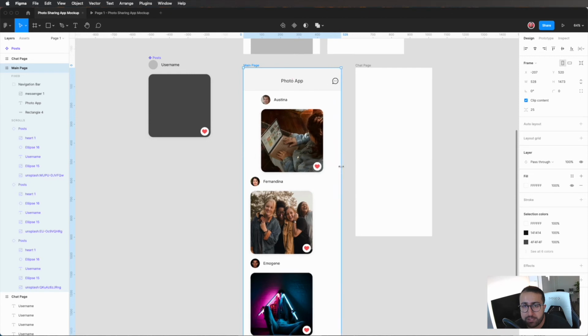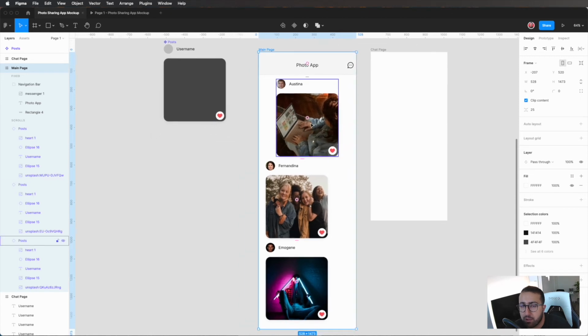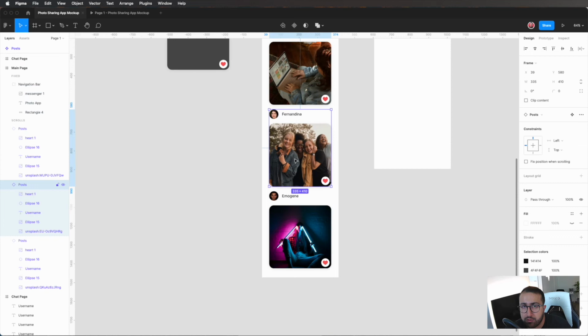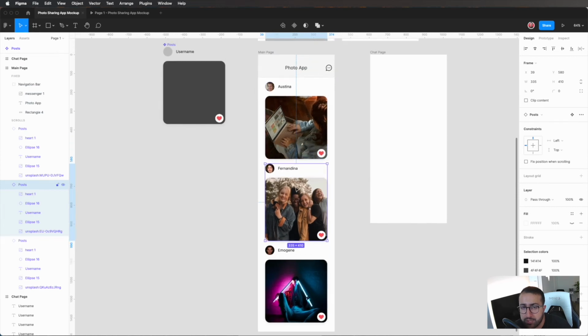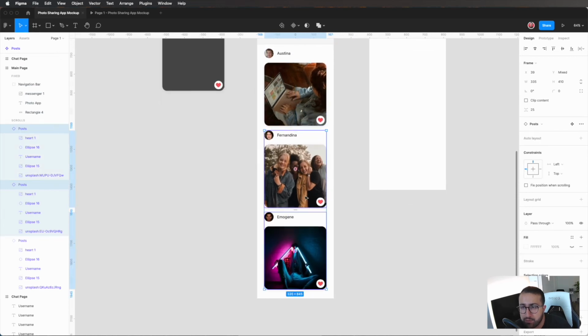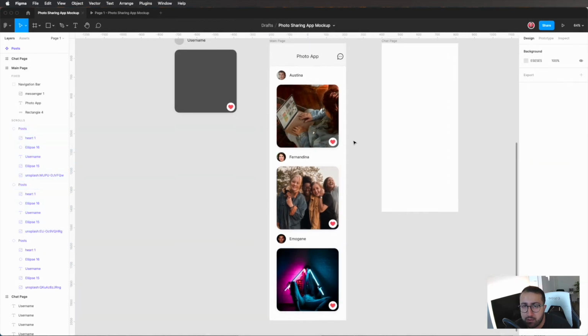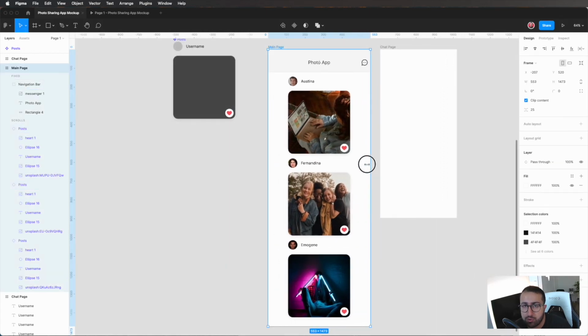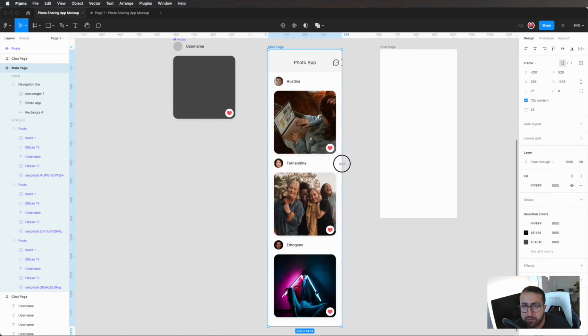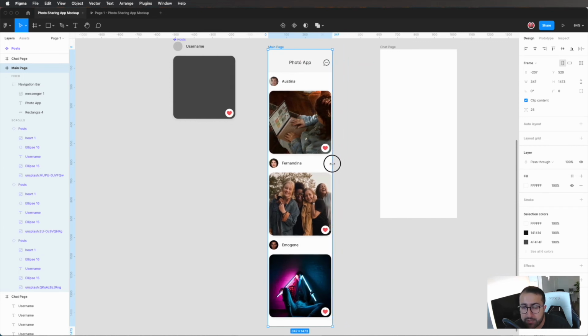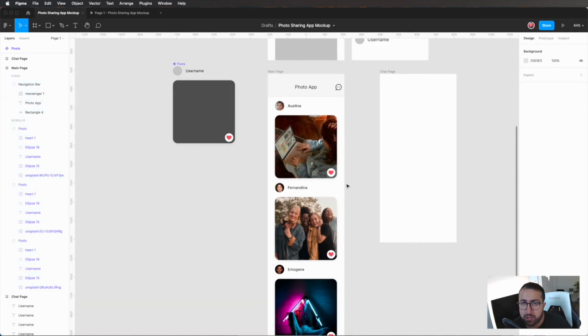Now, as you can see, that didn't get applied to all my other instances. So let's go ahead and also apply that change to these two instances by holding shift and doing the same center. There we go. And so now, as you can see, this should work on most device sizes. Now, of course, if the screen size is way too small, this will at some point fail. So now we've added the constraint here. We've put this together. So now we're ready to work on our chat page. And we're going to do that in just a